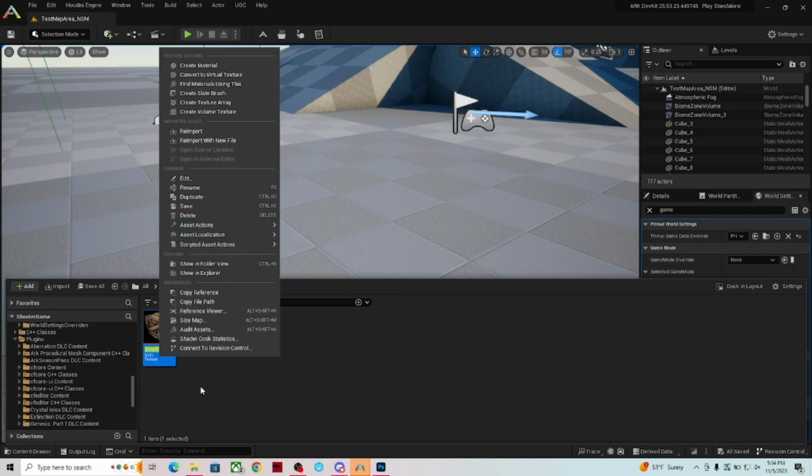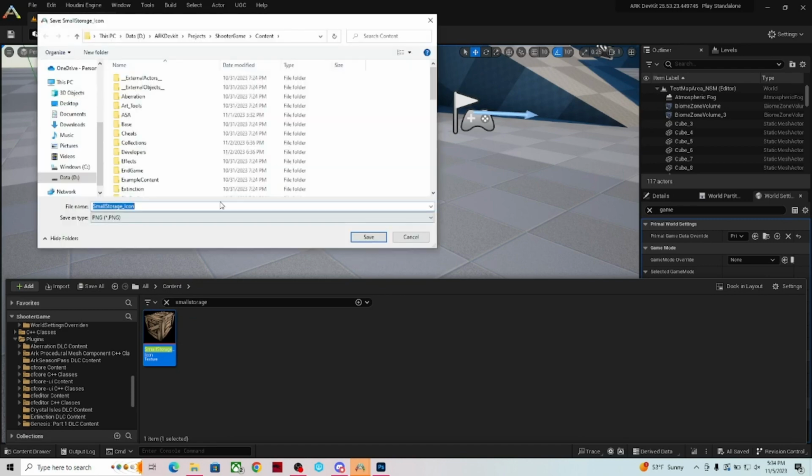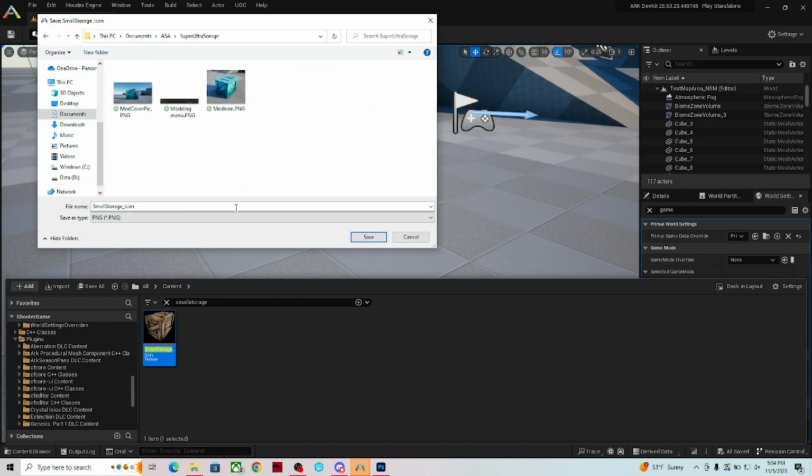to it. So we're going to right click on our icon. We're going to go to Asset Actions, and we're going to go down to Export. Now it's going to bring up a thing that says, where do you want to put this? I don't want to put it there. I want to go to my ASA folder, and I want to go to Super Ultra Mega Storage, and I want to say small